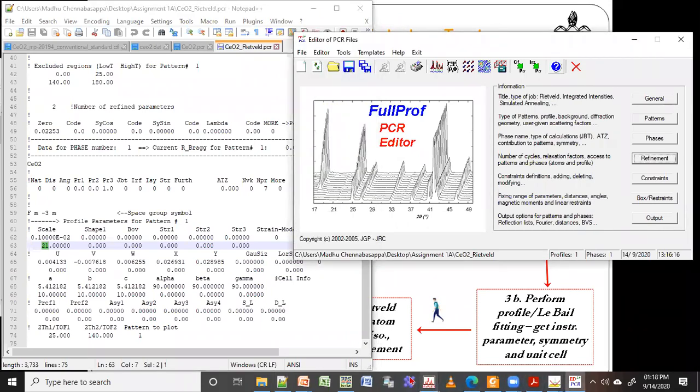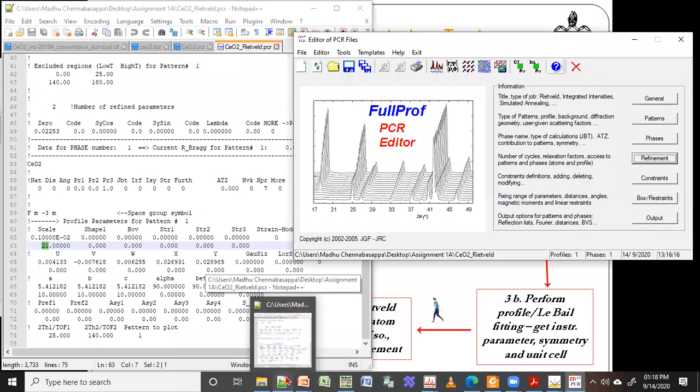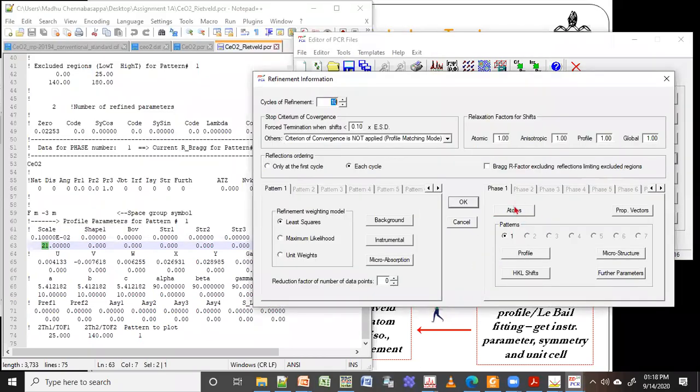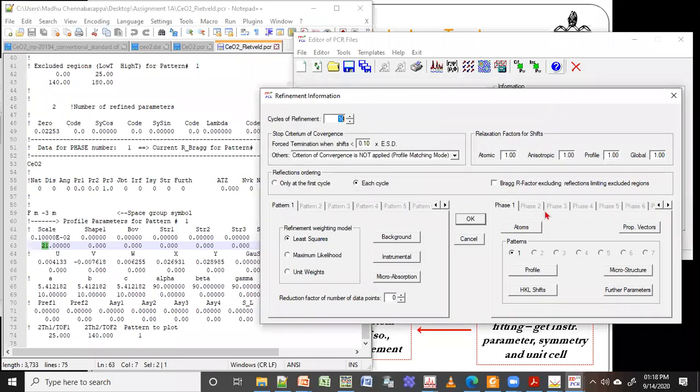Now I need to get information about my Wyckoff position. Wyckoff position in the sense I need to give information for atoms, right? You can see right now the atom has been activated. Previously it was not activated. Once I do structural model, this is going to get activated. If I use only profile, then the atom is not activated; it will be in very light gray. So now I have to put the atoms. Where to get the atoms? You have to go back to your zip file.